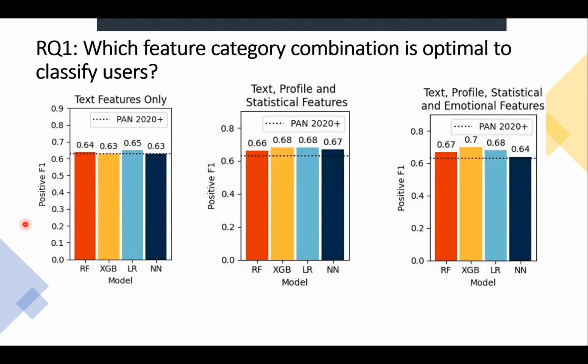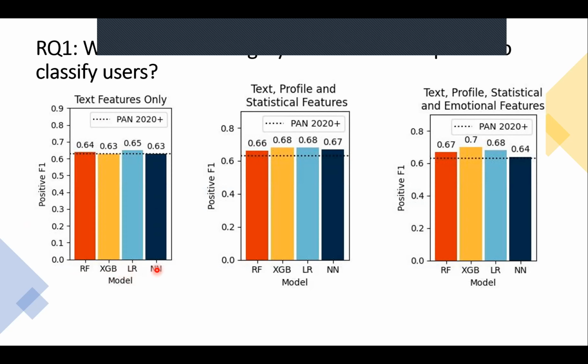We used different machine learning models: random forest, XGBoost, logistic regression, and a simple multi-layer perceptron, which we abbreviated as neural network, NN. I will go quickly through each graph. When we use textual features only, meaning character n-grams of the user's recent 100 tweets, we are able to outperform the baseline model that I mentioned earlier